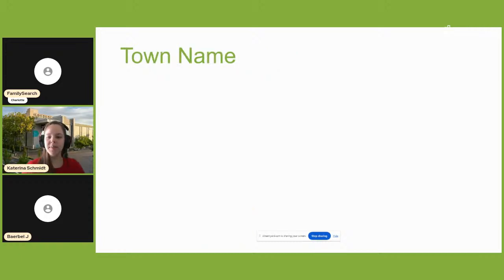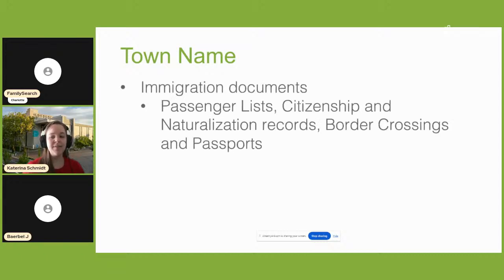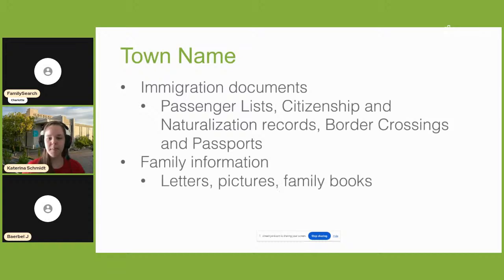Here are just a few steps for where to look to find your ancestor's town name, as this is the first step that you need in your research. The most common places to look for this information are on immigration documents, such as passenger lists, citizenship and naturalization records, border crossings and passports. And then there's also family information. So you can try talking with family members and looking in any old letters or pictures for the mention of